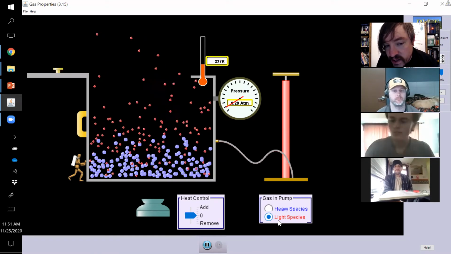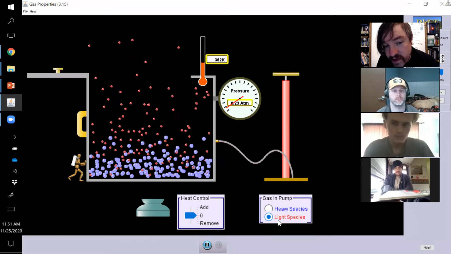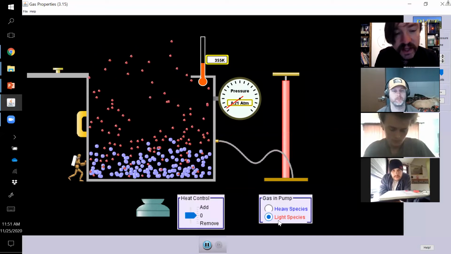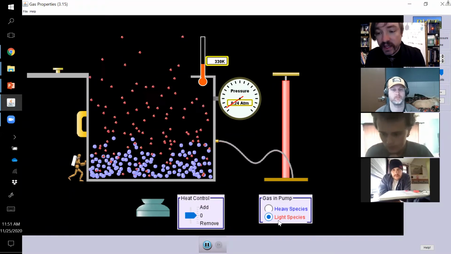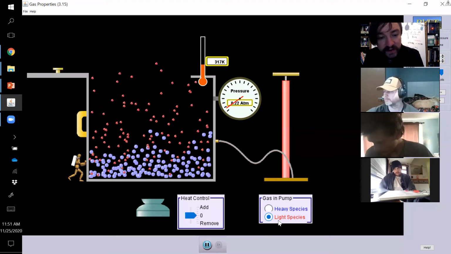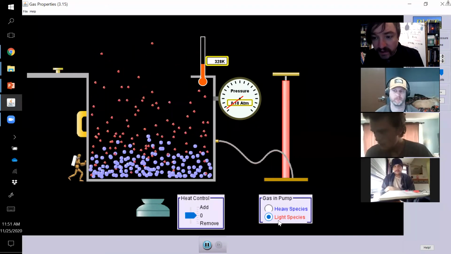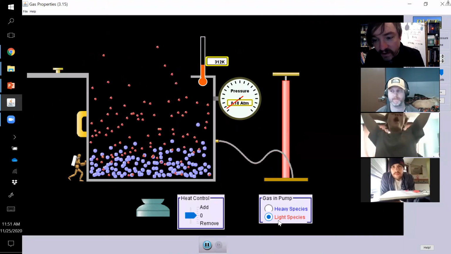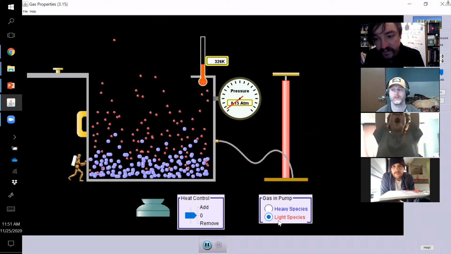Do you guys think that there's equal numbers of particles traveling slow, medium, and fast? How do you think that's distributed? Do you think it should be equally partitioned between slow, medium, and fast particles? Are there more fast particles? Are there more slow particles? Is it like a bell curve where there's more medium speed particles? What would you guess?